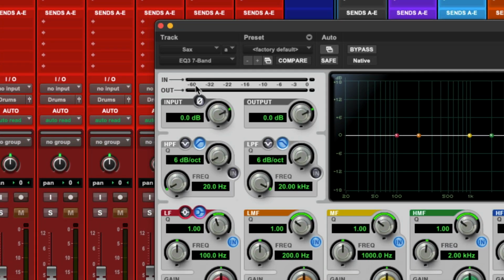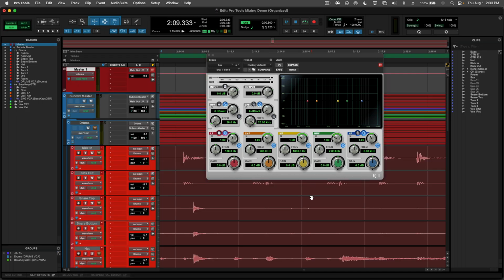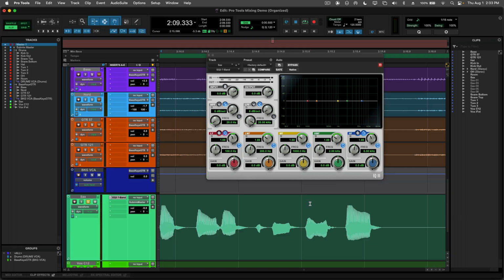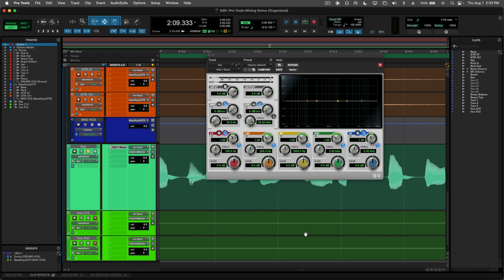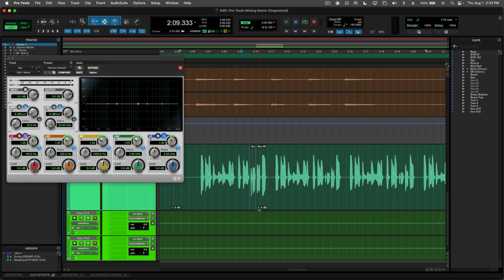There's an in meter and an out meter. All right. And so there are input and output controls. If the audio was too hot coming in, if it was too loud, in other words,